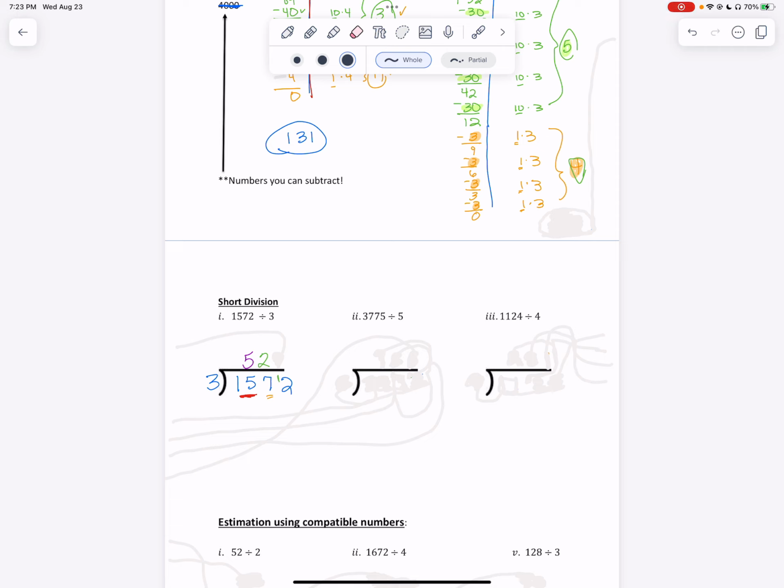because it's 6, right? And when I subtract, how many would I have left over? 7 minus 6 is 1. And so I put that little 1 up there so it turns it into a 12. So now 3 goes into 12 how many times? 4 times, and I don't have any left over. So I don't have to do the big long